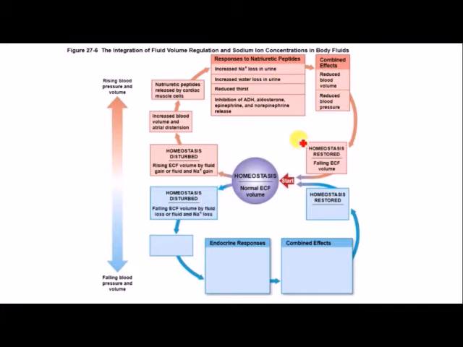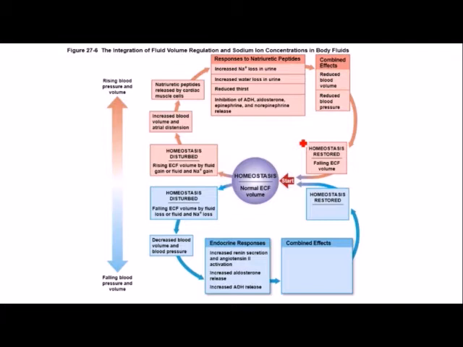So if we have falling extracellular fluid volume by fluid loss or fluid and sodium loss, we're going to have decreased blood volume and blood pressure. So then now we're going to have renin that's going to be secreted. We're going to activate that angiotensin II. So we have the enzyme renin that's going to activate angiotensinogen, activating angiotensin I, angiotensin II, and then that's going to release the hormone aldosterone from the adrenal gland,